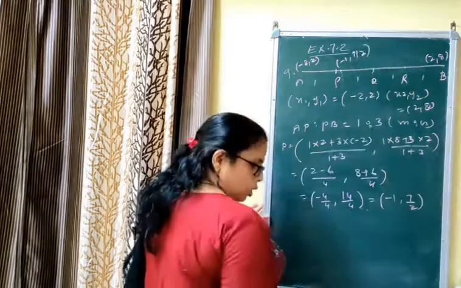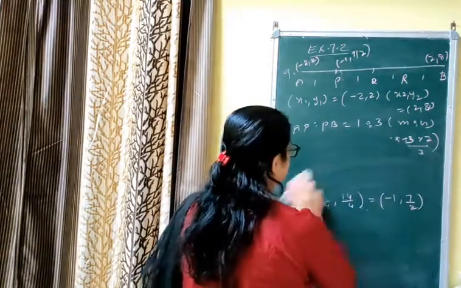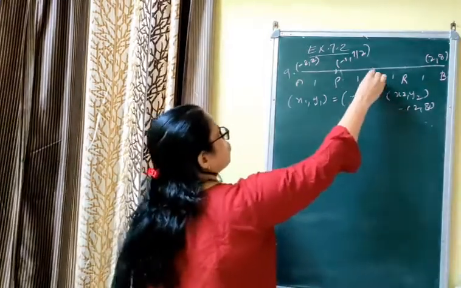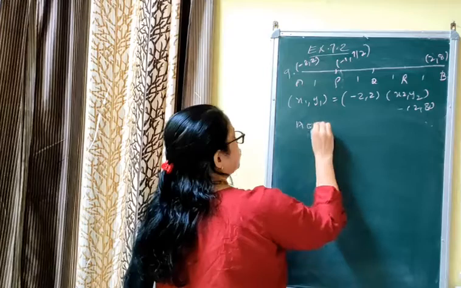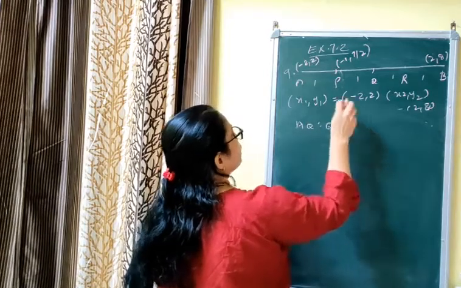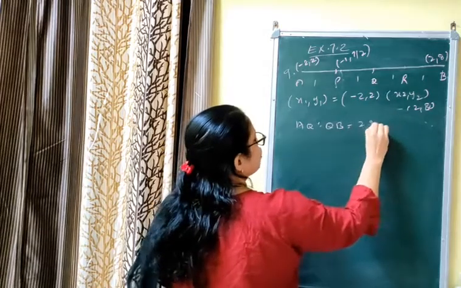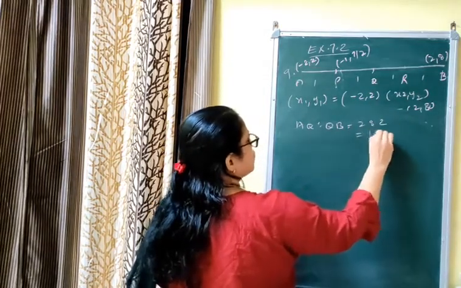अगर आप इसको फिगर में लिखना चाहते तो फिगर में भी लिख सकते हैं, फिगर के ऊपर, अदरवाइज यू कैन लीव द आंसर पार्ट. नेक्स्ट यू हैव टू फाइंड Q. फॉर दैट you have to find AQ is to QB. AQ is to QB means 2 is to 2, equal parts हो जाता है. That is 2 is to 2, means if you cancel it becomes 1 is to 1.